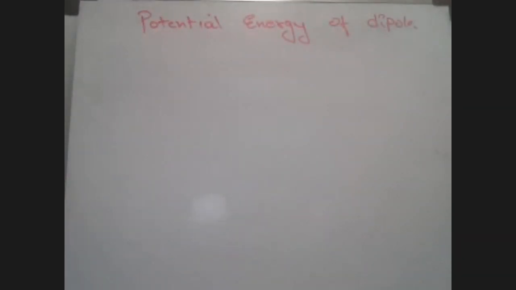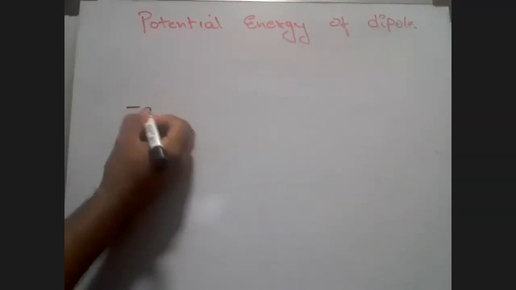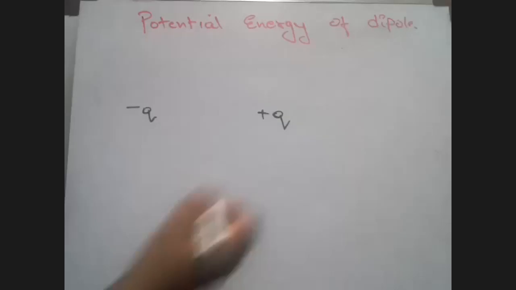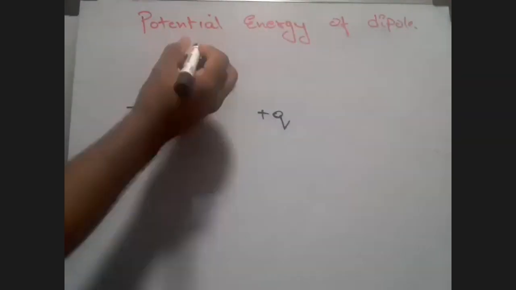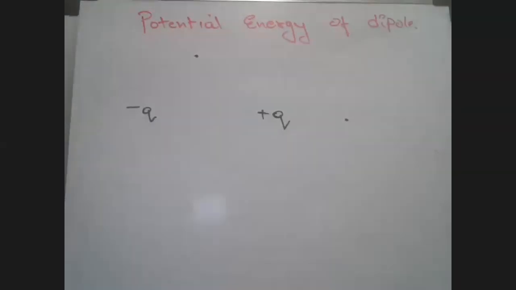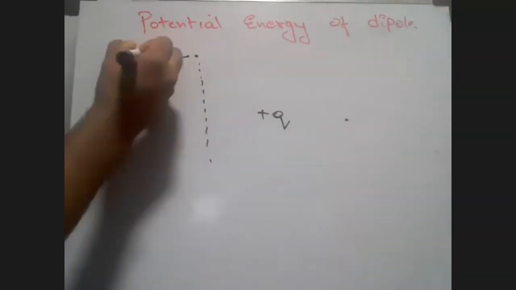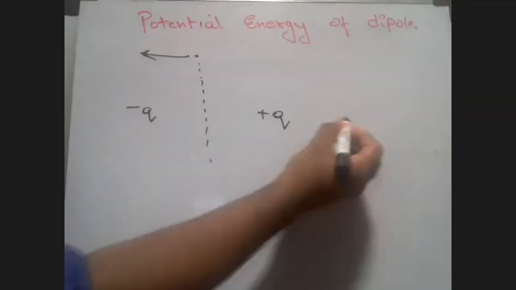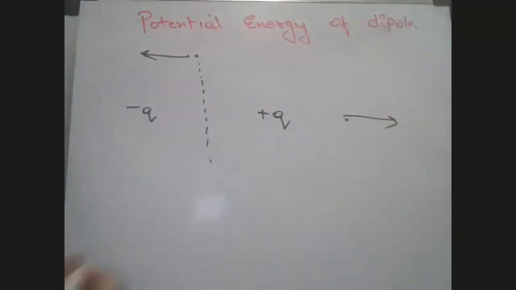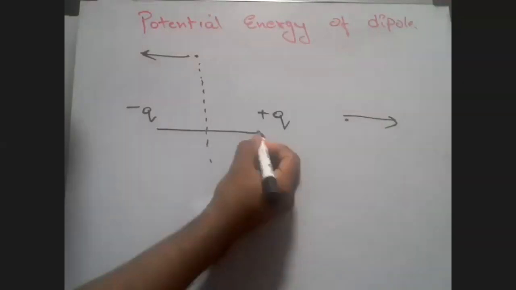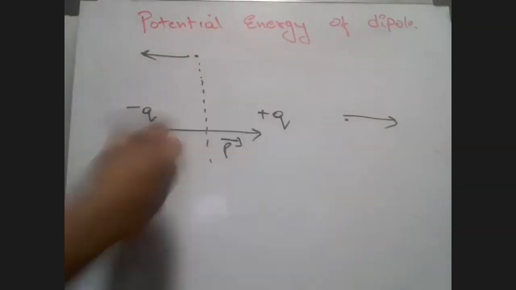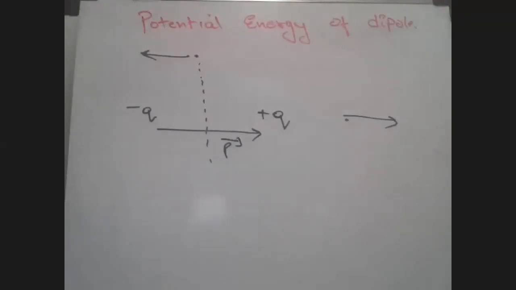Now, just a small reminder. There can be small questions where a charge is here and a dipole is here, and they ask you the direction of the electric field at these two points. We already discussed it, but I'm telling you again. Because of the dipole, at the bisector axis your electric field will be in this direction, and the electric field at this point will be towards the dipole moment. Dipole moment is always considered from negative to positive. Never take it from positive to negative. These are some statements that I wanted to make.